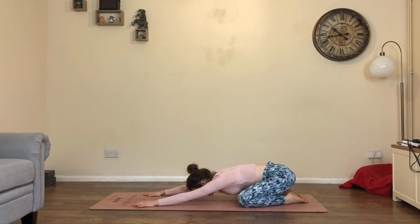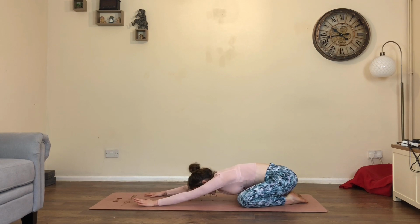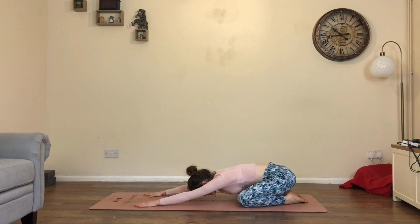And then once you arrive in your child's pose, just take a moment, if you need to, have a little sway side to side. Just take any last little itches, scratches, movements that you feel you need to do before eventually coming to find a place of stillness. And then once you've found stillness,